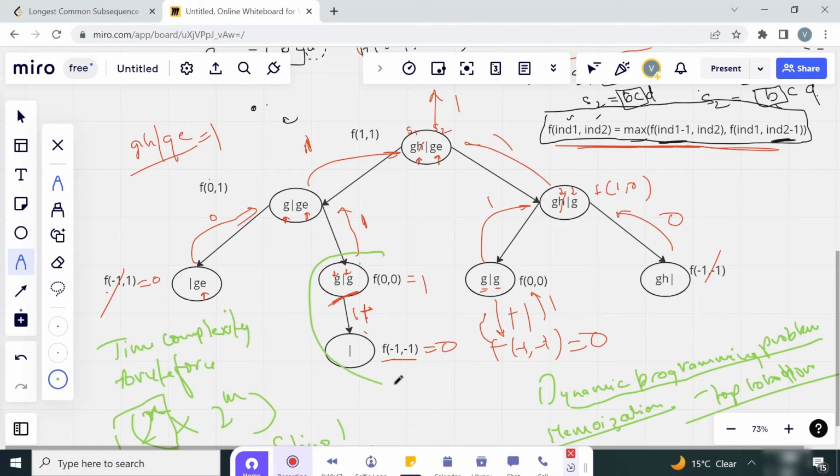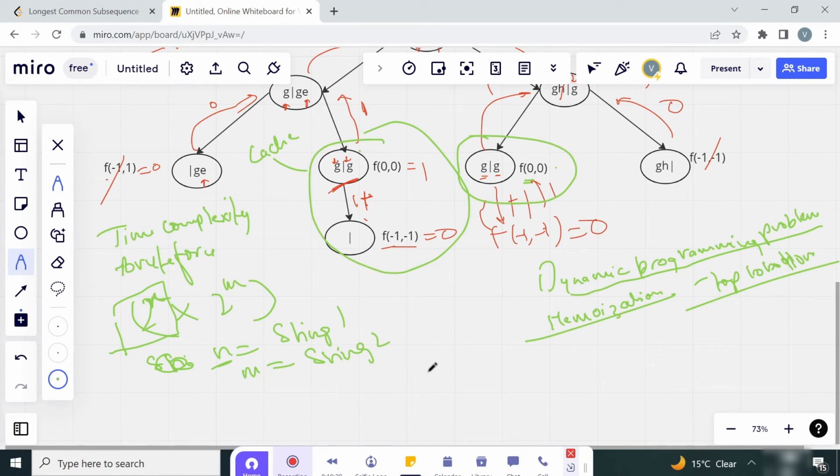F of 0 we are calculating here, f of 0 we have calculated here, right? So for f(0, 0) we are again getting the call for f(0, 0). So if we cache this subproblem, the next time f(0, 0) arrives, it will return from the cache instead of doing the recursions. So in this way we can use memoization, and the time complexity will be big O of n comma m,